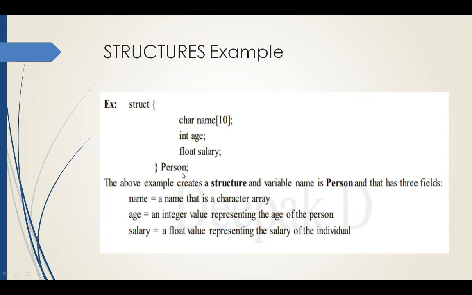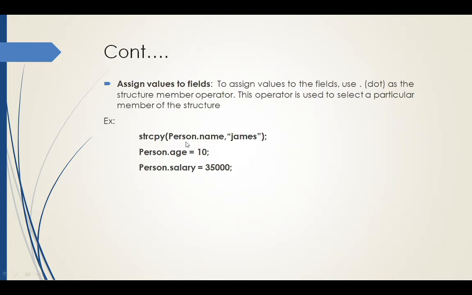So to access these structure members, what should I do? First I take the structure variable, that is person. Then I use the dot operator, then the member name. Name, age, salary are the members of the structure. The same thing I did here. Person is the structure variable, followed by a dot operator. The dot operator is used to access the structure members. Which member am I accessing here? Name. Name is a member of the structure, and the value I am assigning to this variable is James. So James is a value for the structure member name.